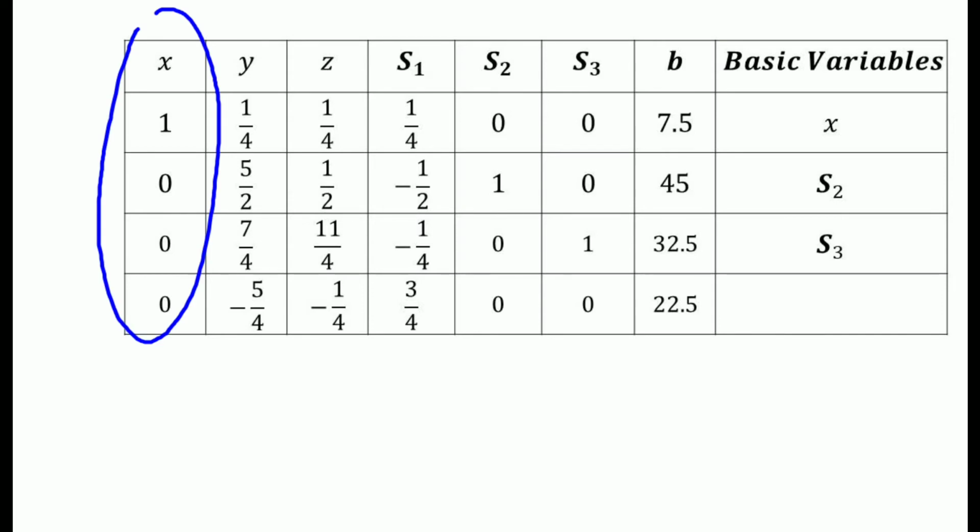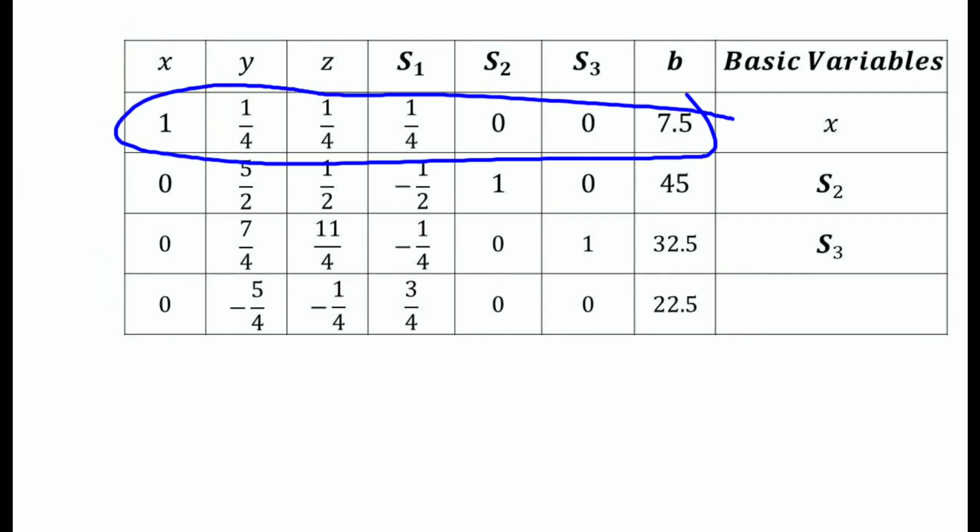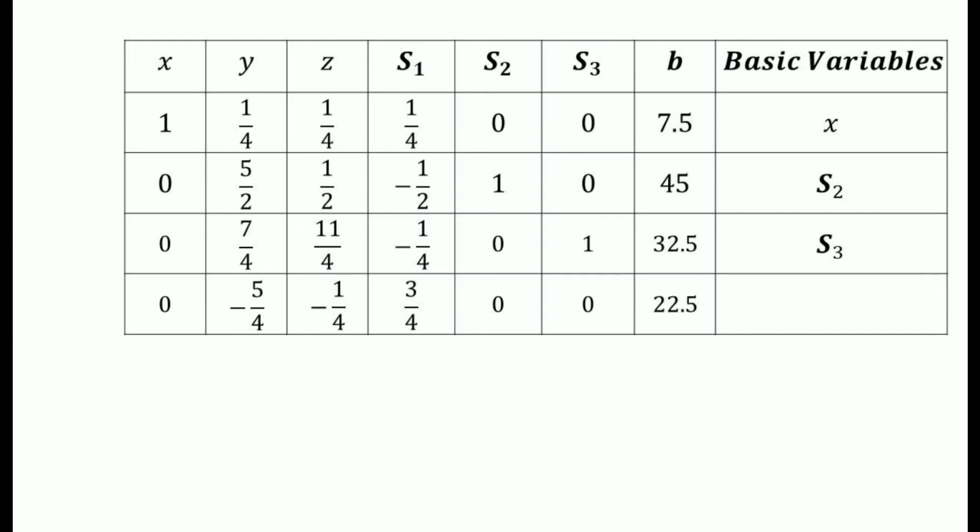The entering variable here is x, which is the pivot column, that was the first column. So here the entering variable is x, and it replaces the pivot row variable, that was s1, which is the departing variable here. Therefore, here we are replacing s1 with x, which is now a basic variable. After doing all this exercise, now the table is ready for optimality check.